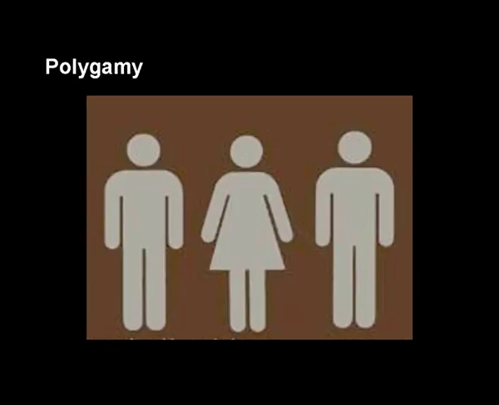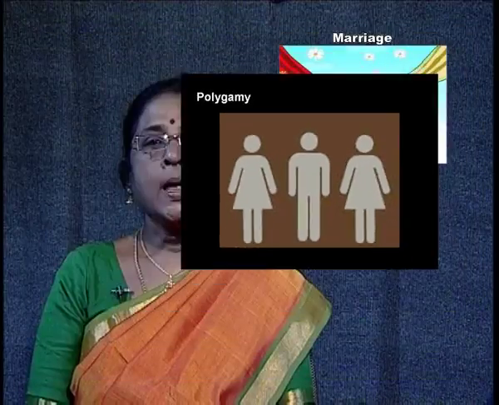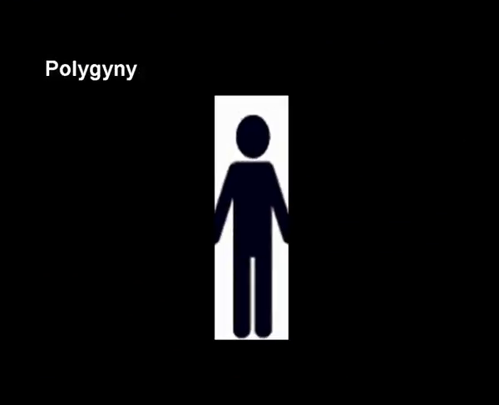Polygamy is the type in which a man or woman has more than one spouse. There are two main forms found in polygamy. They are polygyny and polyandry. Polygyny: